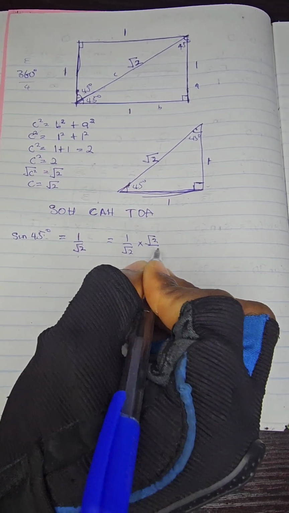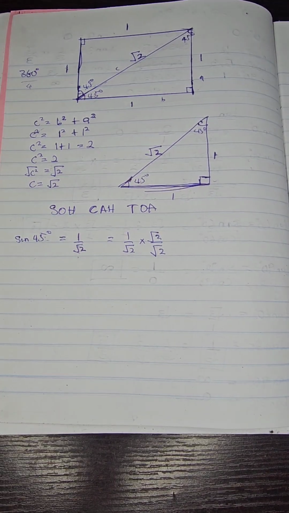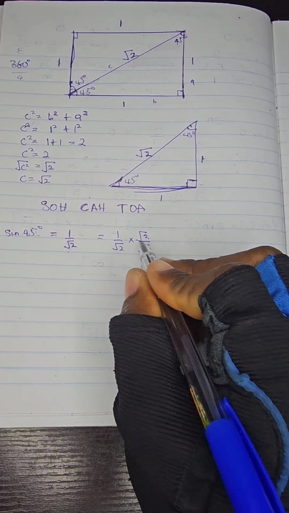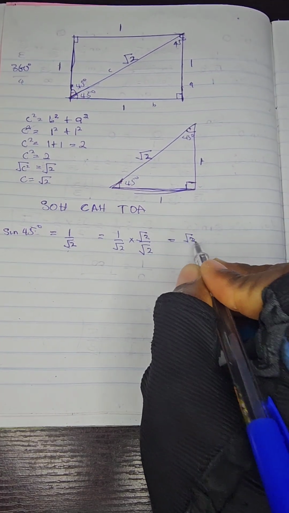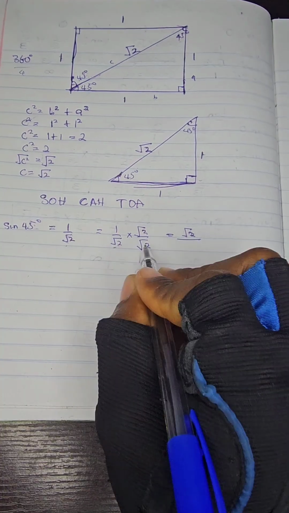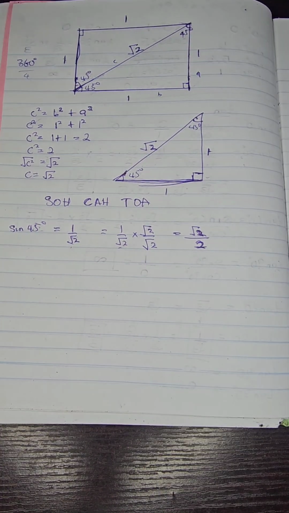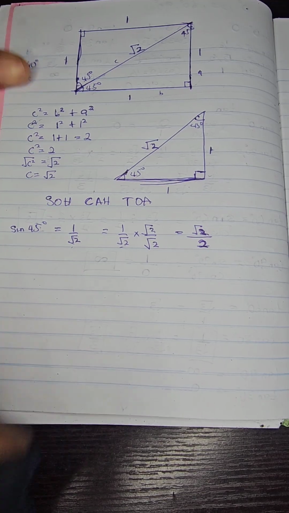We remember our calculation on how to remove the root from the denominator. So this will be root 2 all over 2, since when root 2 is multiplied by itself, it gives 2. So this is sine 45. The next one is